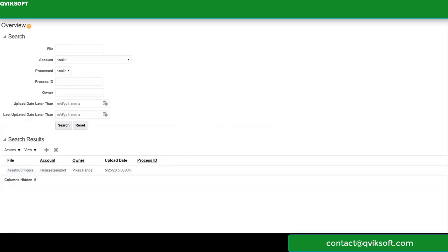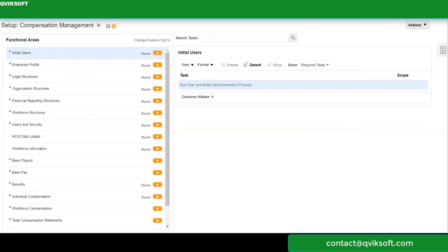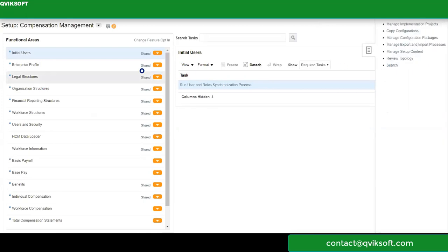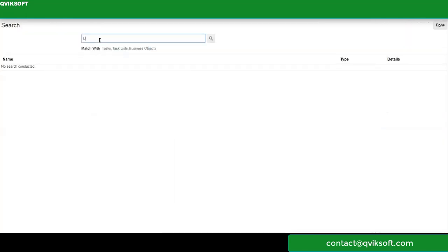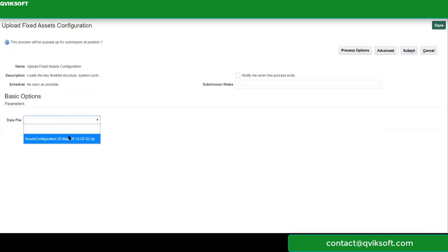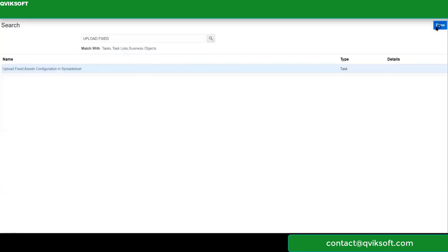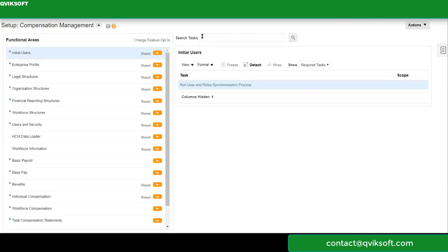Now I can go to my setup, and then I can run the upload process. I go to search, and I say upload fixed asset. I upload fixed asset file here. Choose my file, click on submit. I'm just trying to see in this process, am I able to assign categories which I could not do earlier? So we'll wait for the process to finish.